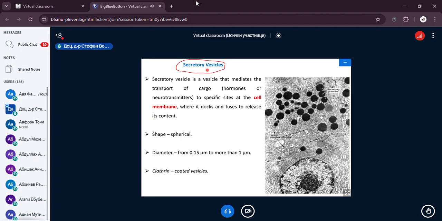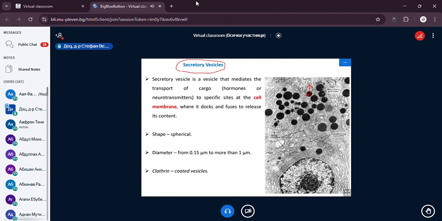So secretory vesicles, by definition, are clathrin-coated vesicles. You see them here on this electron micrograph, black, dense, large secretory vesicles produced by a very well developed Golgi complex in this secretory cell. That's the nucleus of the cell, and around the nucleus, well developed rough endoplasmic reticulum. These vesicles bud from the Golgi network, trans-Golgi network, in the form of clathrin-coated vesicles. They rapidly lose their clathrin coat and travel towards the apical plasma membrane, where they fuse and deliver their content